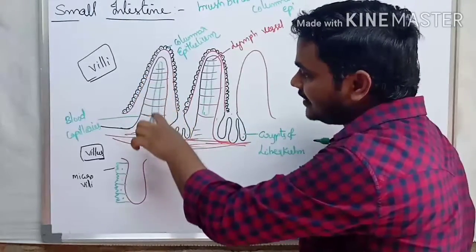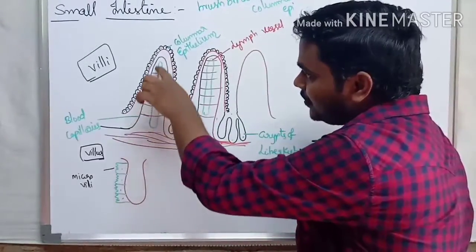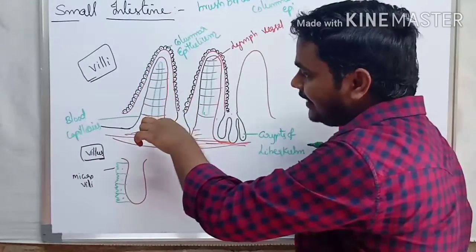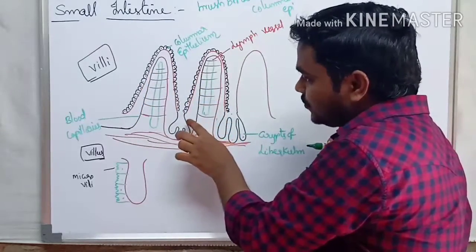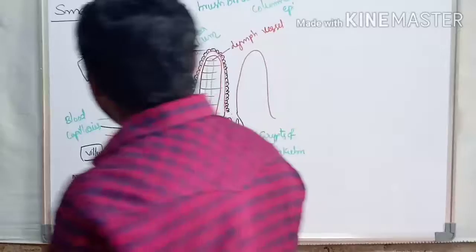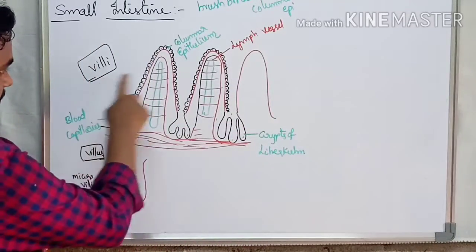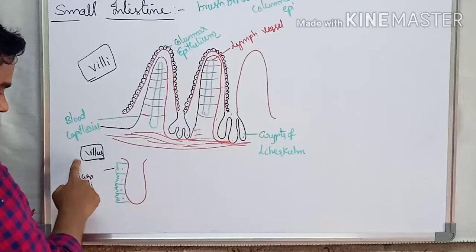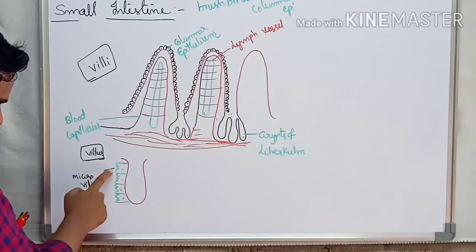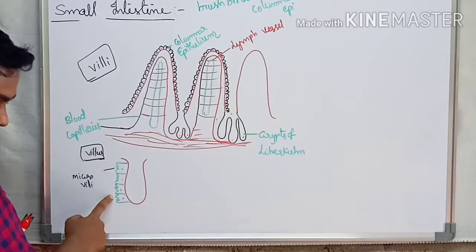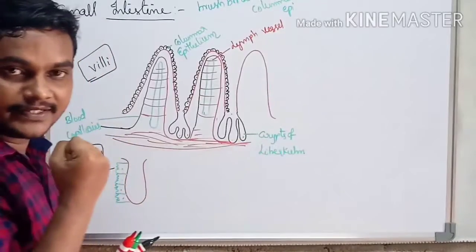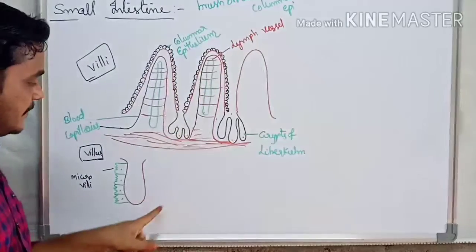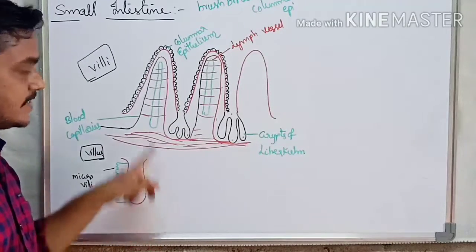In the middle region, these are lymph vessels. This black and white sheet is the blood capillaries, enveloped by the lymph vessels. The microvilli have a brush bordered surface. Suppose there are two villi, plural, and if we take one, that is a villus. Villus columnar cells have a brush bordered epithelium. These brush bordered epithelia are useful for the absorption of food materials into the blood capillary. That's why brush bordered columnar epithelium is seen in the lining of the small intestine.